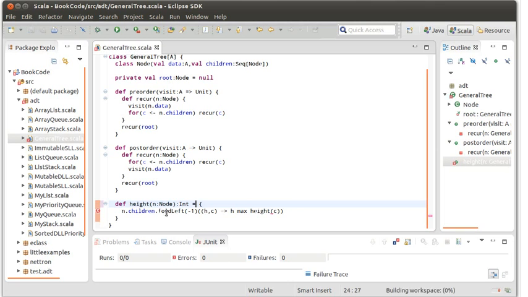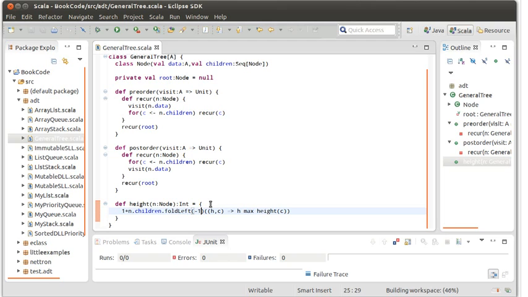So what this is going to do is find the maximum height of all of the children, and note that it gives you a -1 as the base case. So if there are no children, this should give us back a -1. So I'm going to add 1 to it. You could write this in lots of different ways. I think the fold left just is a good example of using a higher order method to do it. What about